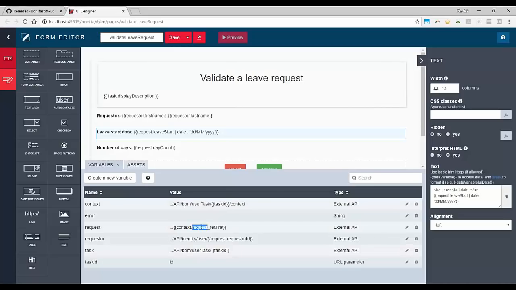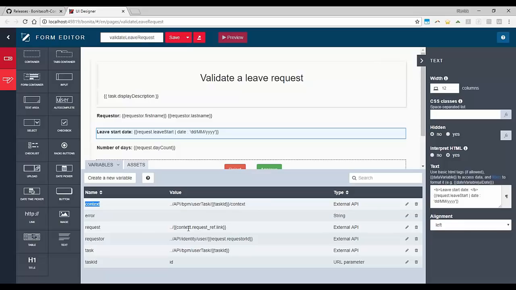We are using this because this is part of the context that is provided to the task. And this context is something that is accessible by any form. As soon as you are linked to a specific process, then you will be able to request the context of this process. Here, you see I have another variable that is called context, and it's gathering the information from the task ID. The task ID is basically used to gather the context, and because the task is associated to a specific process instance, I will have a specific context associated to it, and this variable will contain it. Because it's a REST API call, it will be done as soon as the form shows up.